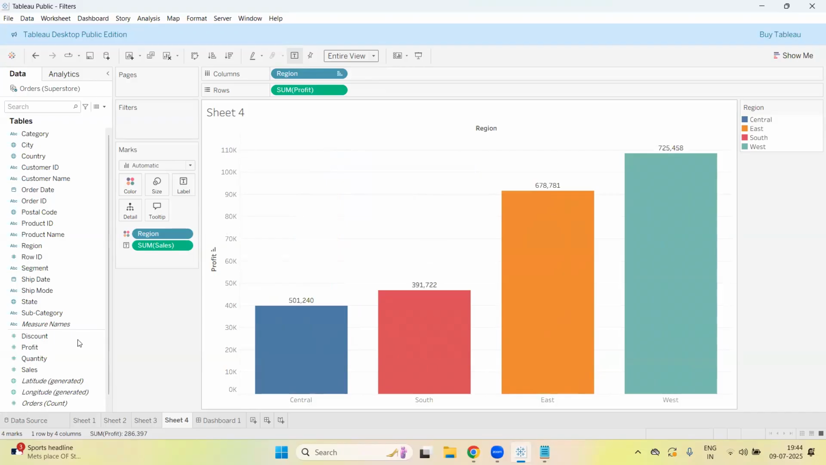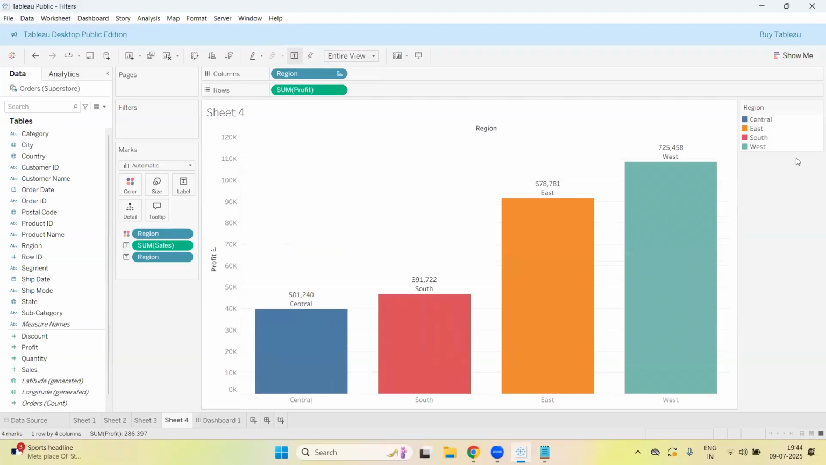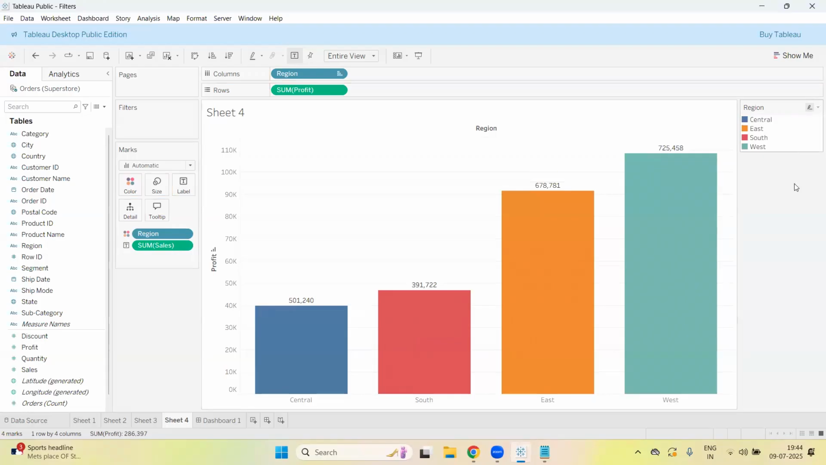Here I'm going to bring the region also into the label. Now tell me, guys, whether it is a legend or a slicer. Can anyone tell me? It is a legend. So here you can't select only the Central region; that option is not available. But I want the region as a